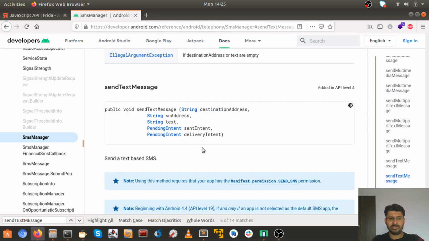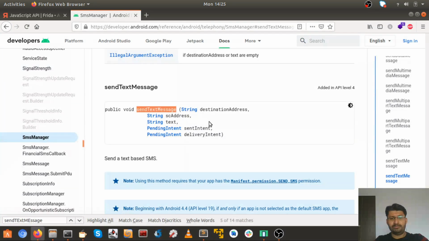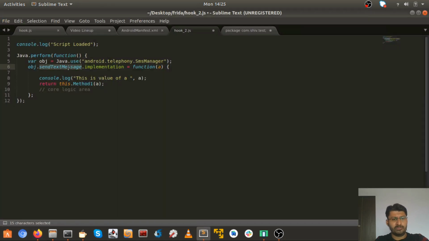So we can see the implementation here. Send text message is the method name, guys. So let's go ahead and use send text method as the method name. Function here, as I told you, we need to pass the parameters that are being passed in send text message. I'm knowingly emphasizing this, because a small mistake over here in selecting package names or class names or methods and parameters, and the script will be left useless.